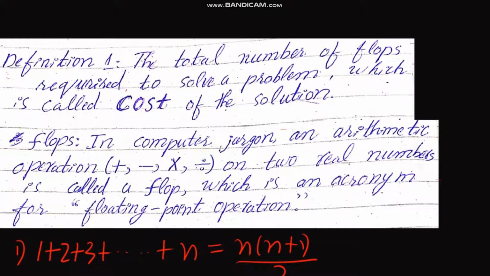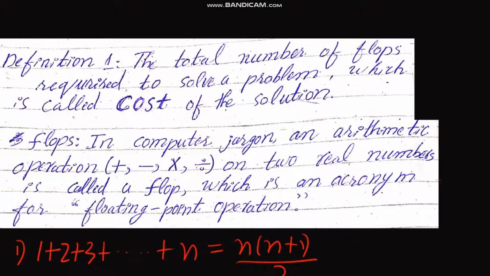For example, there's the Gauss elimination method, the Gauss-Jordan method, and different methods that we use to solve the matrix equation, right? And also we reduce a matrix into the LU decomposition. Similarly, we find the inverse of a matrix. So all those different methods that we use, in all of them, what is the cost of the matrix, right? So I am interested to discuss the cost in this video series.